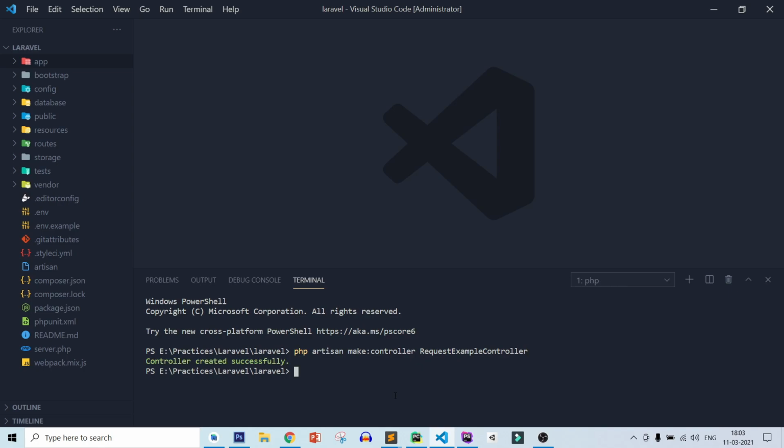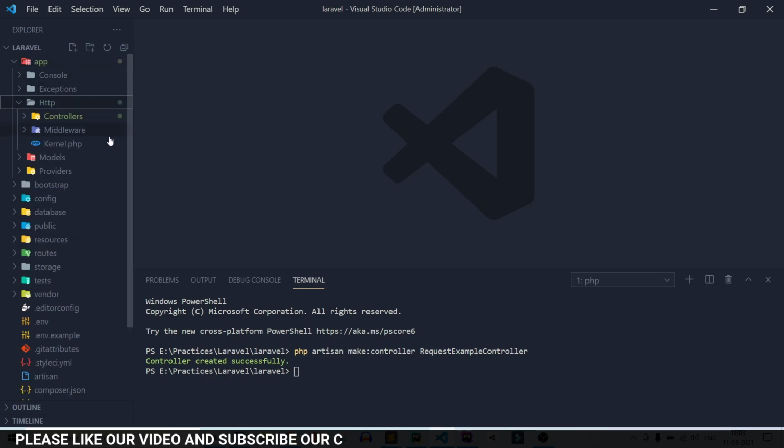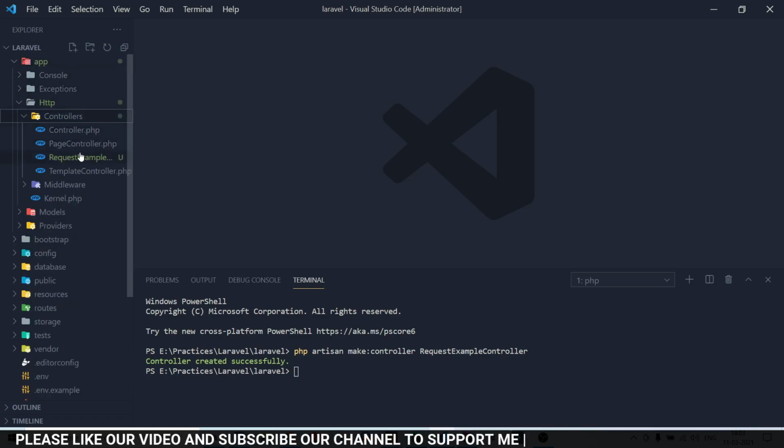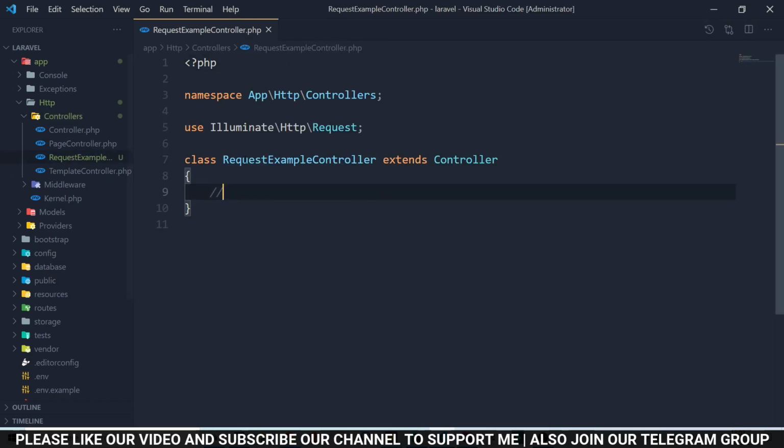Click enter. Now if you click on app, http, controllers, you can see RequestExampleController has been created. After that let's close this window and open this page, and you can see our controller has been created.